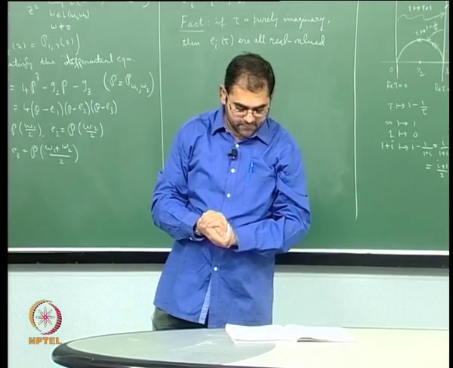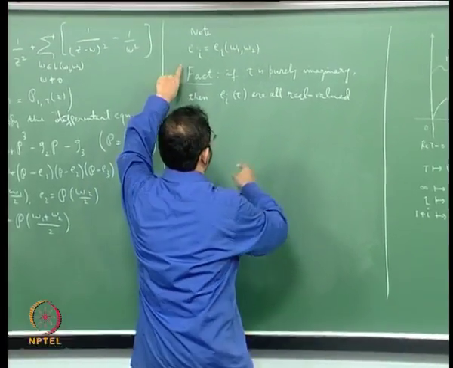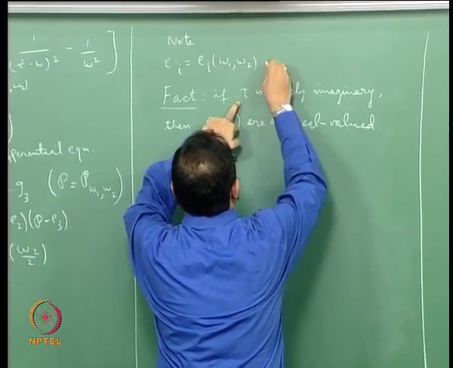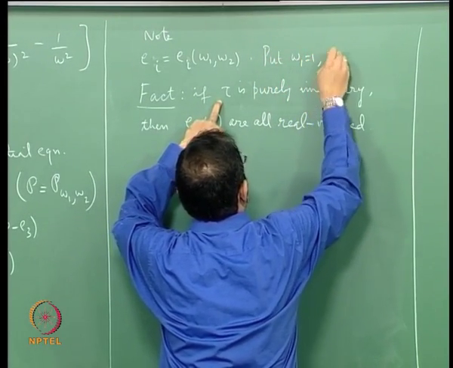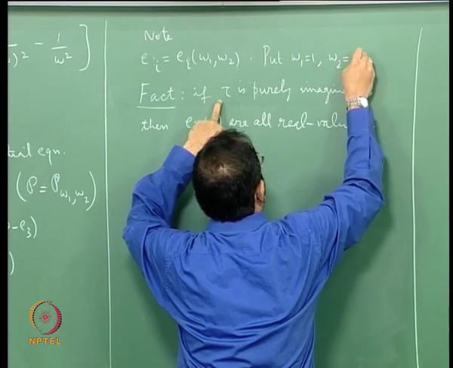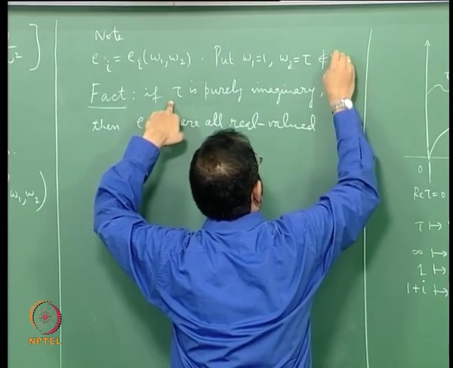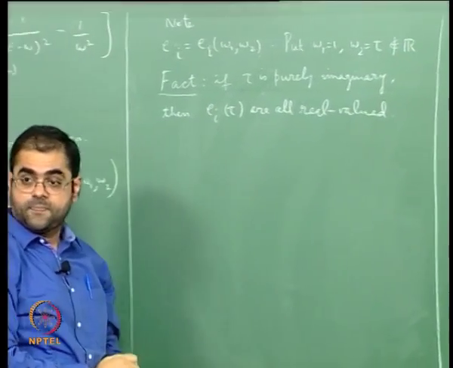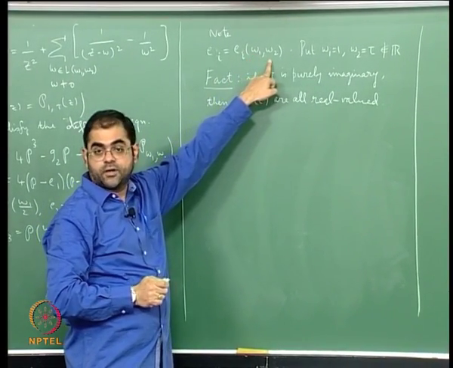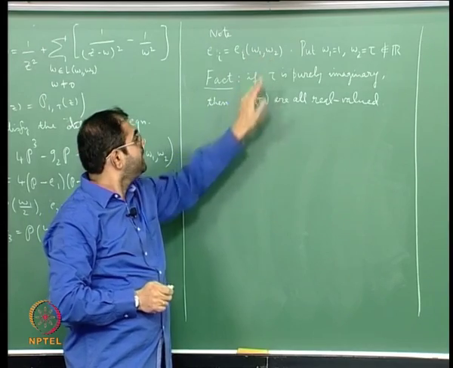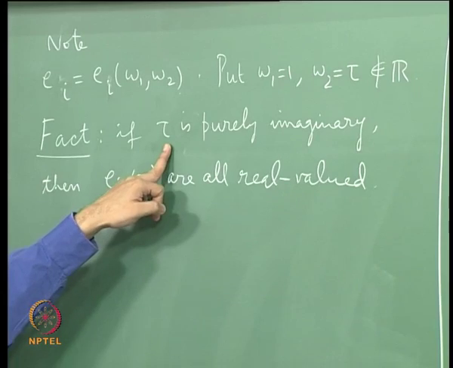So let me compute. But before this, I need to ask you to put omega 1 equal to 1, omega 2 equal to tau, where tau is not real. Okay, so put omega 1 equal to 1, put omega 2 equal to tau, where tau is not real. And then the fact is, tau is not real,